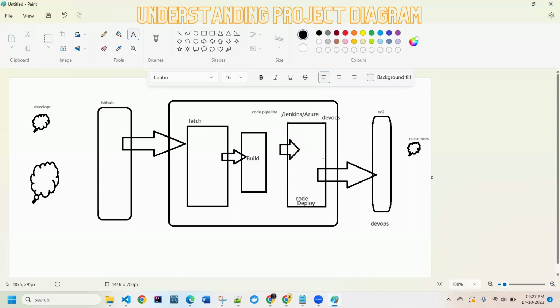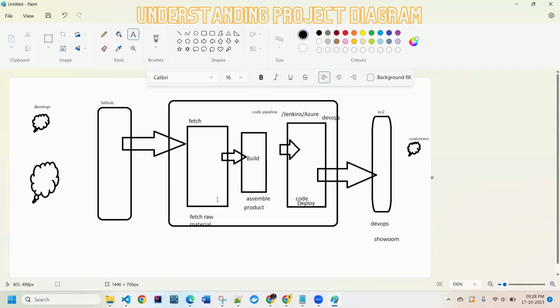What is code deploy? It is that shipping. Some developers are writing the code, and code deploy will ship it to the server. Server is like a showroom where the customer will come and purchase it. So somebody should be shipping the main product to the showroom, right? Who is going to create the product? Build is going to create, or assemble, the final product. This is going to fetch all the raw material.